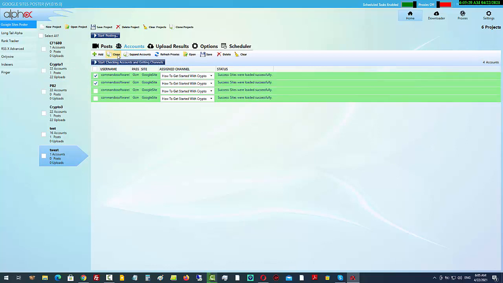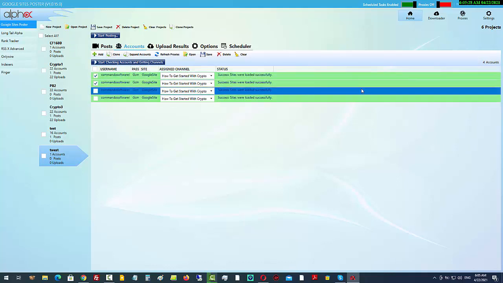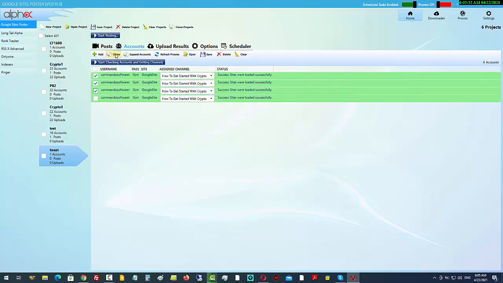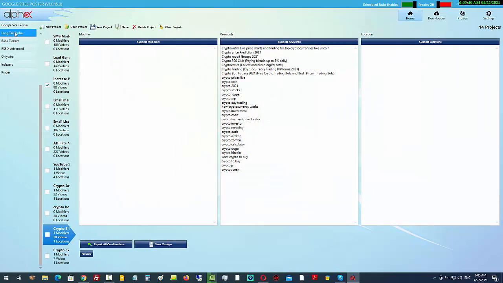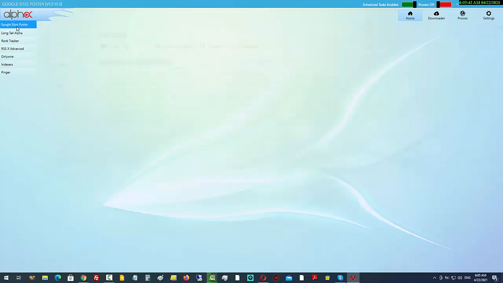So if you've got 7, say for example, as an example, you've got 7 keywords that you want to use, or 7 headlines that you want to use for your content, then what you would do is you've got 4, and then you would go and click on clone 3 more, and that would give you the 7 that you need. Okay, that means if you've got 7 headlines in your long tail alpha that we're using within the Google